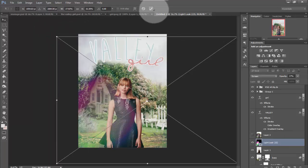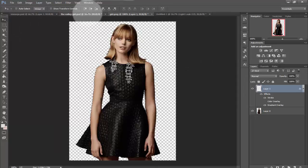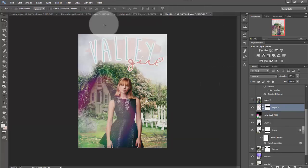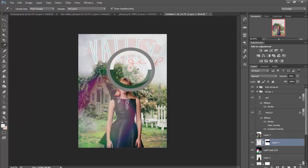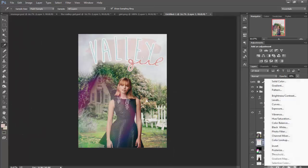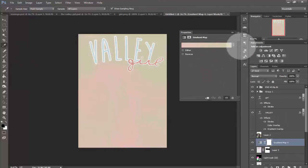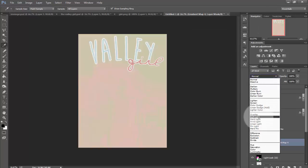Okay, so what I did was I put on a brush, but I know not all of you have a brush, so yeah, I'm just gonna copy it from here. Okay, so what I did was I used my eyedrop tool, chose the lightest color. I chose the eyedrop tool because I'm gonna make a gradient map, which is in here, so it follows the gradient or some sorts. So yeah, set the gradient map into soft light